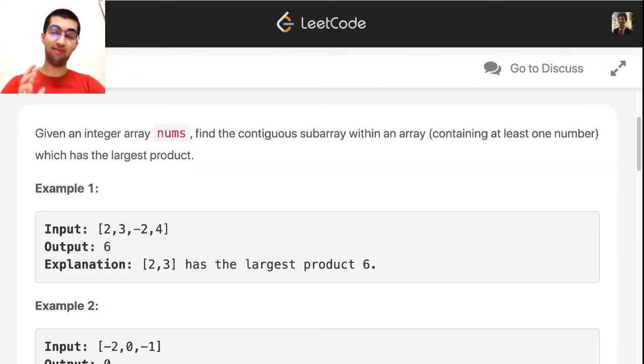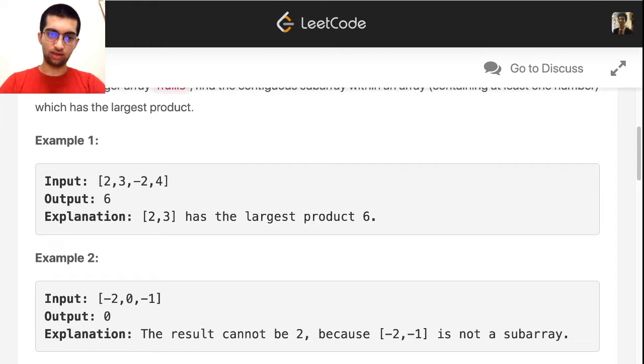So this is kind of dynamic programming. At every index, I will check what is my answer so far. Up to this index, what's the best answer I can make? 2. Up to this index, it's either 3 or 3 into the previous answer, 3 into 2, 6. Now here comes the tricky part. Negative numbers are allowed. So the best answer you can make at this index will be either, if you had a previous smallest answer, a previous negative number, you would multiply by that and the minus and minus would get cancelled, or it's simply equal to the previous positive answer.